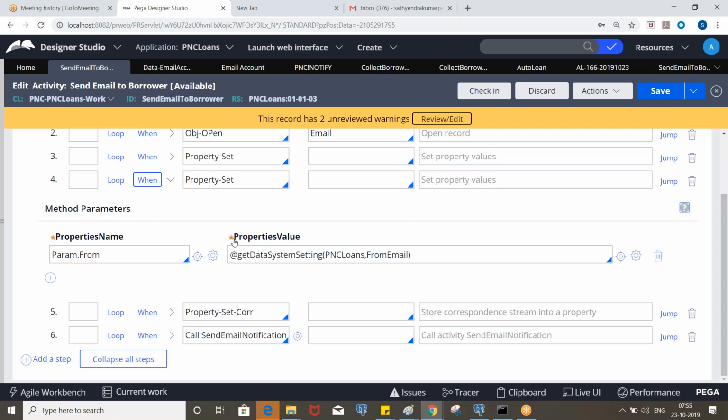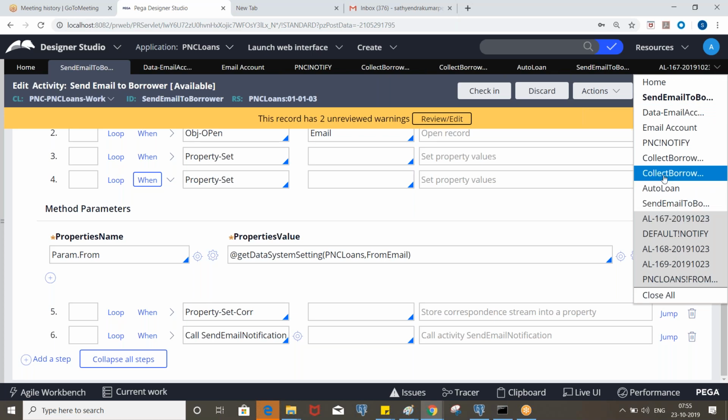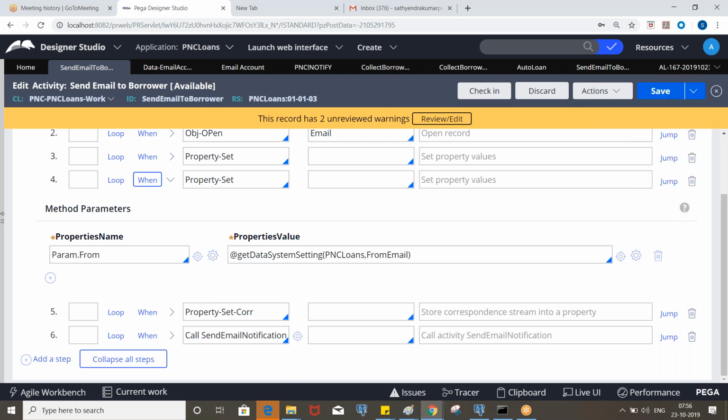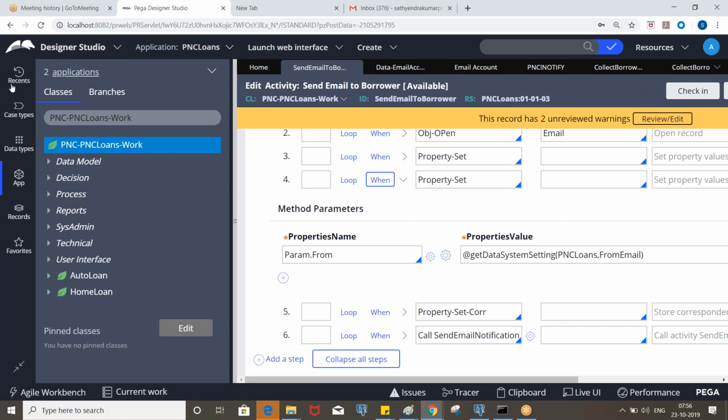So we are capturing it from DSS. This is the static value. You see here, the DSS. So here we don't see the checkout and check-in option, right? Where is that? Go to the DSS. So mostly we put the emails and endpoint URLs.